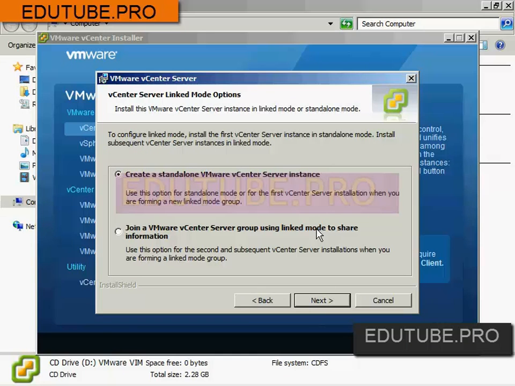And then the Next button here brings me to whether or not I want to create this as a standalone vCenter instance or if I wanted to join it to an existing vCenter Server group. Now, we haven't spent much time yet talking about linked mode, but what you need to be aware of is that it is possible for you to install multiple vCenter servers into a configuration where they actually connect with each other in a linked mode. Now, doing so is something that you would do actually at this point in the installation. We have in this environment only a single vCenter server, and so we're going to create a standalone vCenter Server instance. But if I had multiple different servers